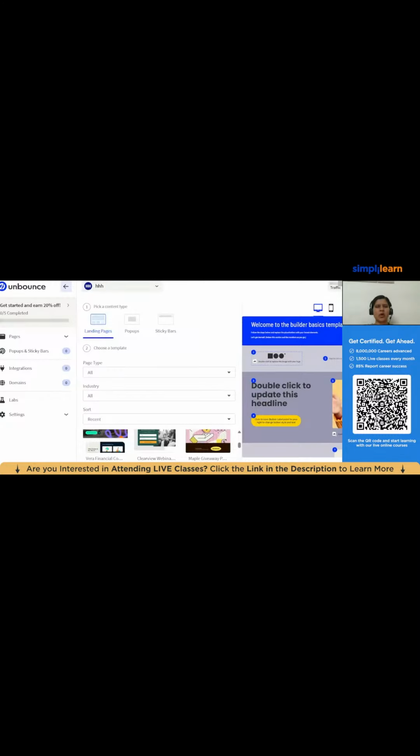So yes, and apart from WordPress, guys, you have this tool called Unbounce as well. Again, as I said, this is also not free. But nowadays, to create a basic good website, you don't need to know coding, because there are many platforms like this which will give you templates. You just need to edit content in that template. Like for this one,